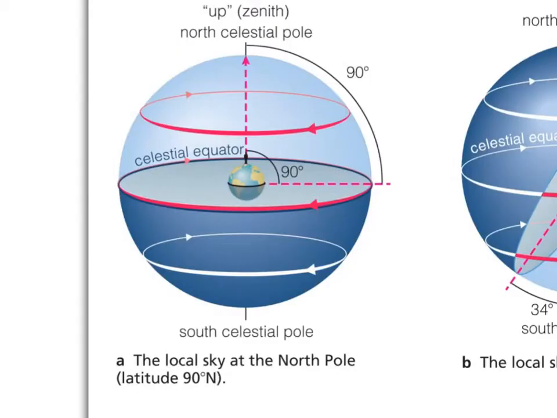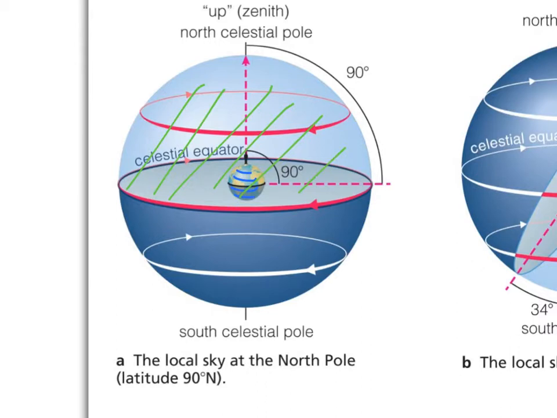So the stars, your local sky, vary with latitude. I always have to concentrate. They vary with latitude. That's to say that if you're here, or here, or here, or here, if you change your latitude, you are going to have a different local sky. So local skies vary with latitude. Of course, here's this person's local sky, right here. But they do not vary with longitude.